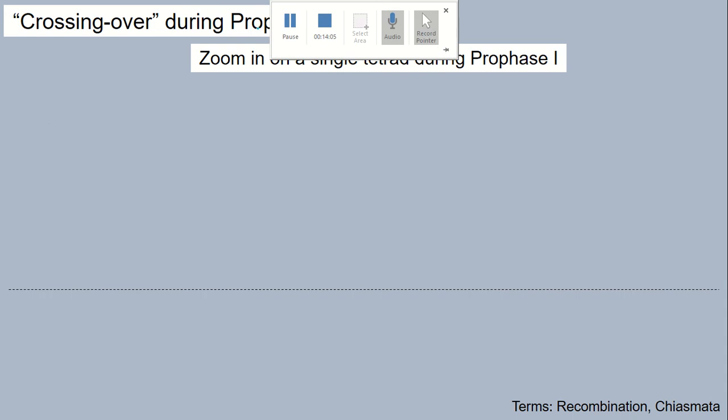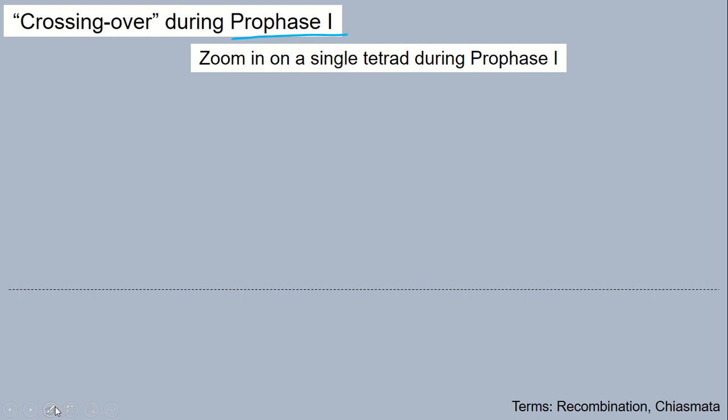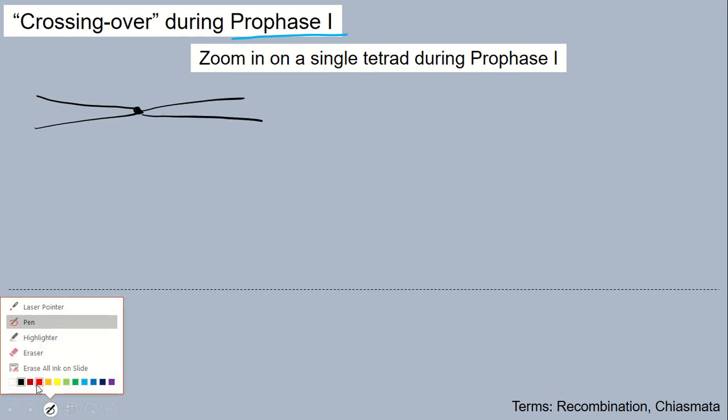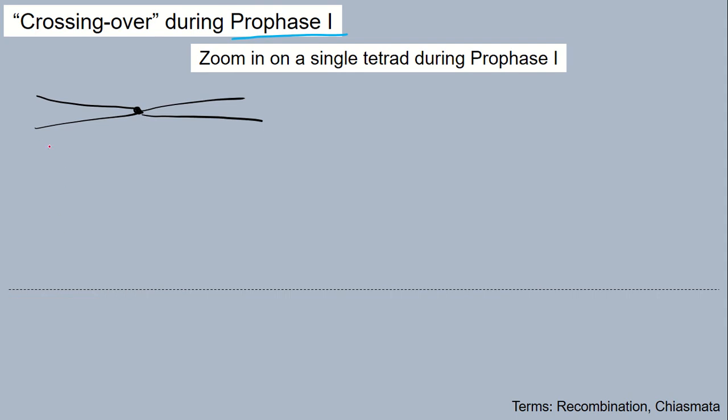This again occurs during prophase 1. Again, a lot of action happening during meiotic prophase 1. I'm going to zoom in on one of these tetrads. So if we've got one homolog up here, and just for reference's sake, I'm no longer going to draw these in dotted lines. I'll just draw the other homolog of this pair in another color, in red in this case. These are right next to each other, and then they are attached via the synaptonemal complex